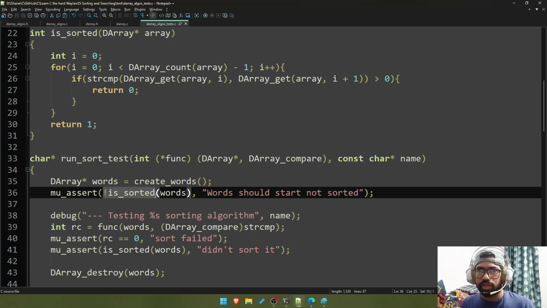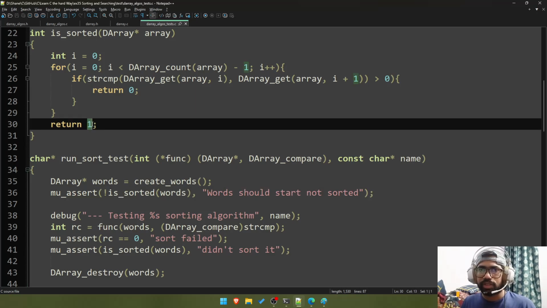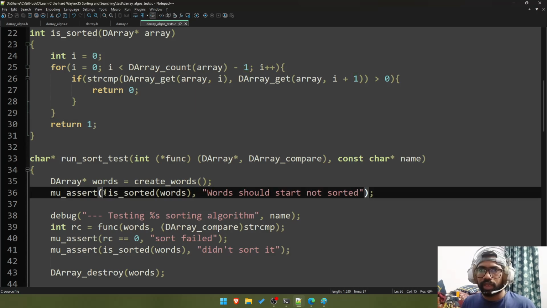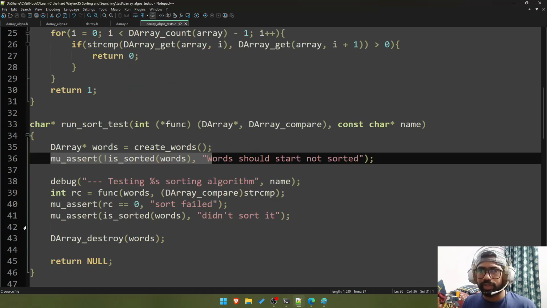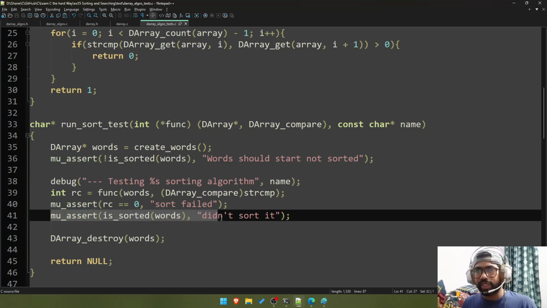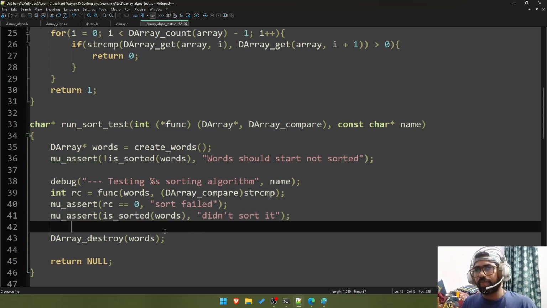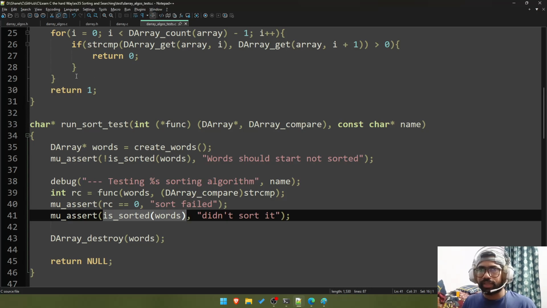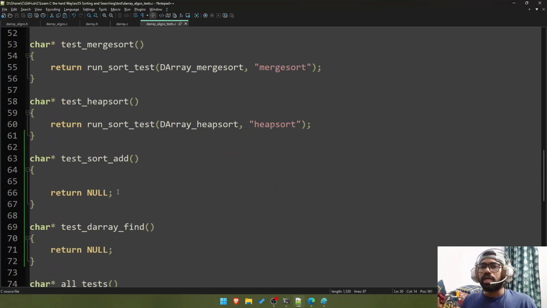Okay, not sorted words. So it says that it should not be sorted, then we say if it is sorted, yeah, this should be 1. Okay, so it returns a 1. Alright,